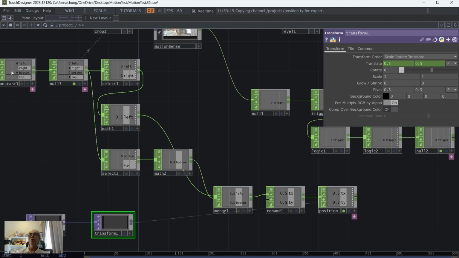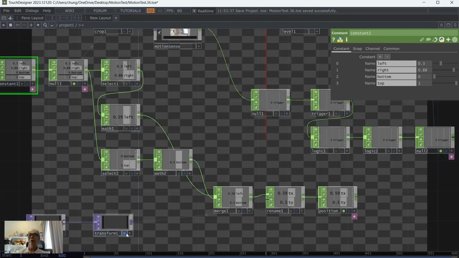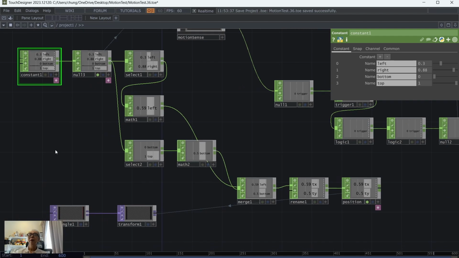When you're going to change this, you are going to change the location of these rectangles around here. So the other thing we would like to do will be the size. So we're going to adjust